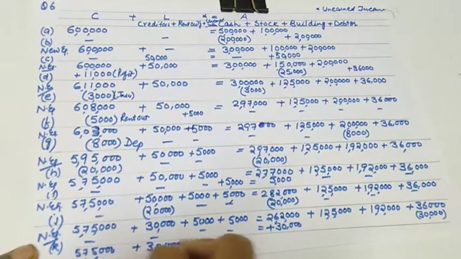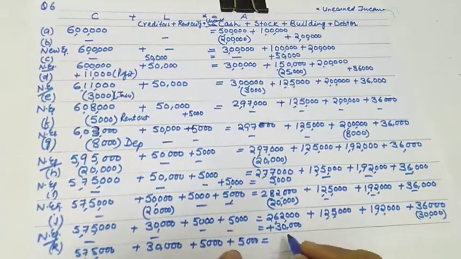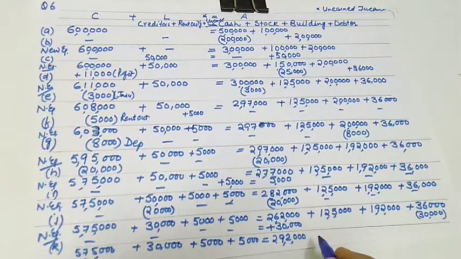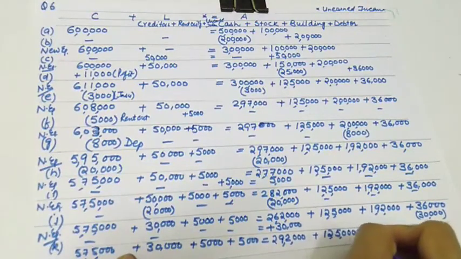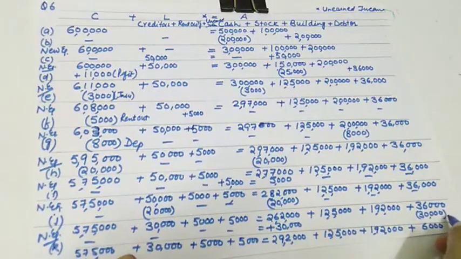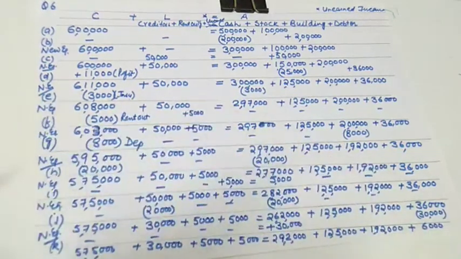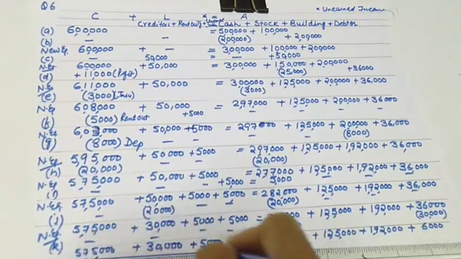On the liability side there will be no change due to this. 5,000 is equal to, and this will be 2,92,000 plus 1,25,000 as it is, plus 192 as it is, and plus 6,000, because when the debtor pays you 30,000, only 6,000 will be left. So finally